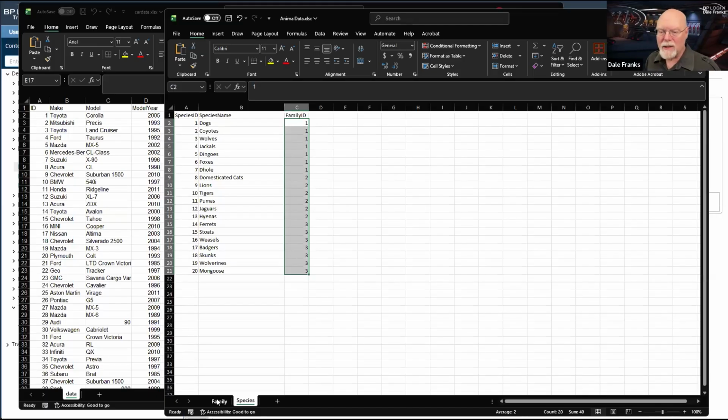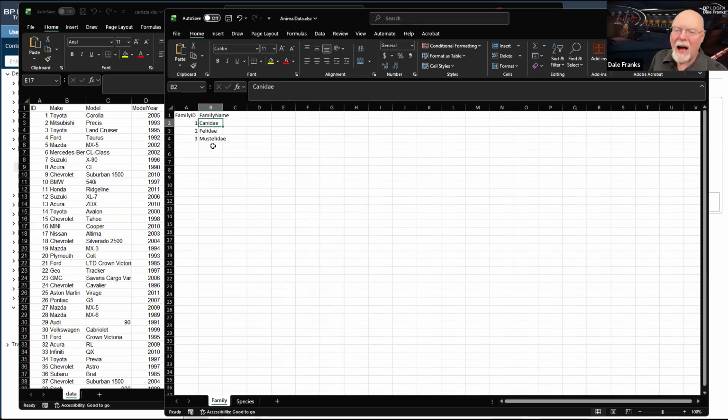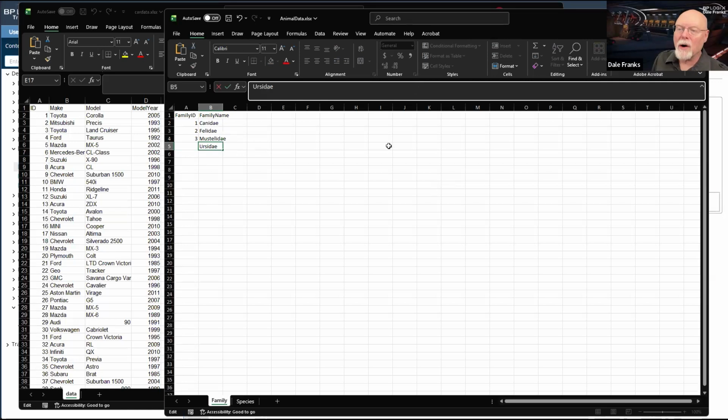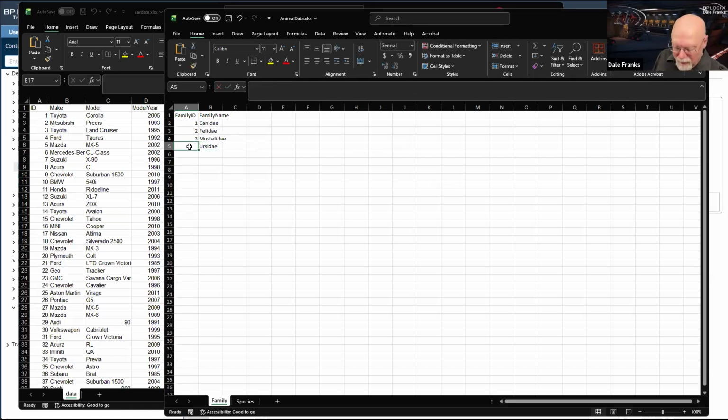The other thing that it makes easy is if I want to go in and make changes to some of these items or add to these items, I can do it. And I can change both the family. So I could add a family ID of 4, and I could add Ursidae, too many A's. Let me get rid of one of those. So I've added Ursidae. Well, I better give it a fresh ID. So that'll be ID number 4.